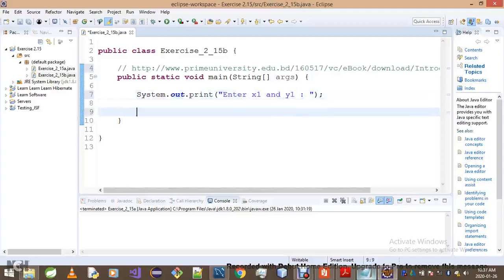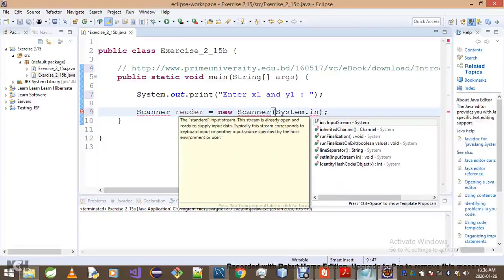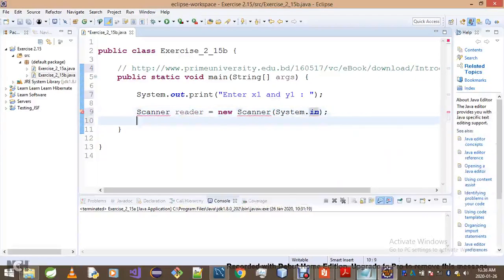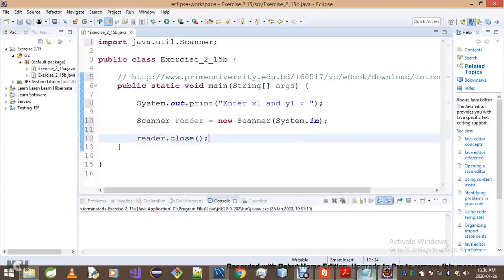What we then do is simply create a Scanner, call it reader. Of course, we're reading from the keyboard. It's not System.ins, what the heck is that? System.ins doesn't exist. We only have System.in. Okay, with this out of the way,